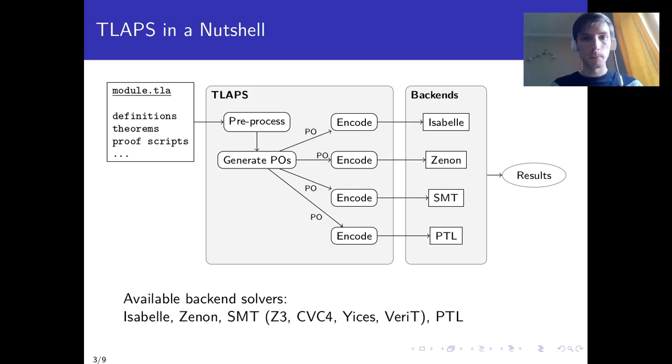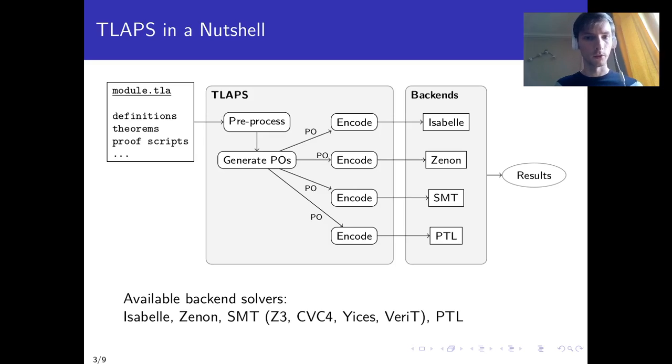So let me explain quickly how TLAPS works for those of you who never used TLAPS. The tool is able to parse a module for theorems and proof scripts, and from these proofs generate a number of proof obligations which correspond to proof steps in the script. Each proof obligation is then sent to a backend solver,